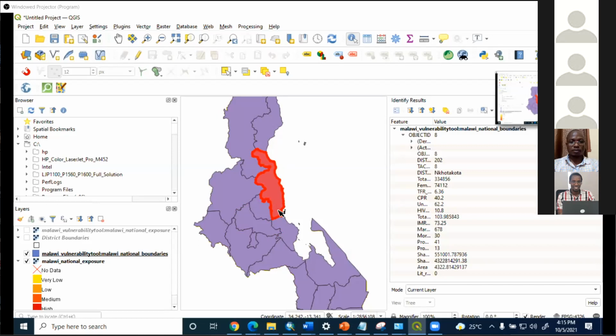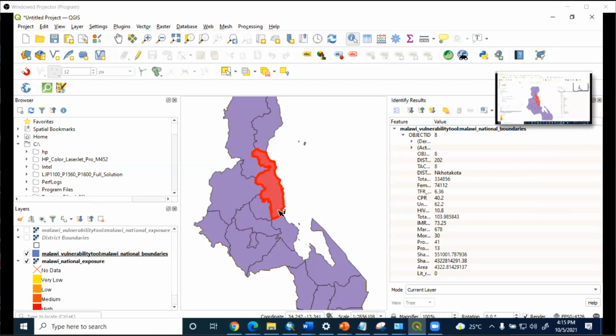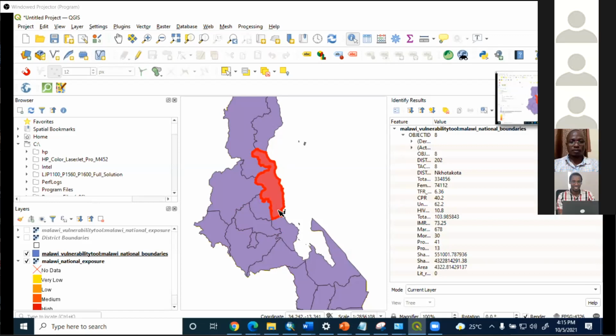So let's distinguish between two things. There's what we call a data service and a portrayal service. A web map service is a portrayal service. Someone just wants to show you his data. You can only overlay on top of it. So if maybe you have your data, you don't want to give it to anyone, you can just publish it as a web map service. People will access it, they will know it is there, they can overlay on top of it, but they can't